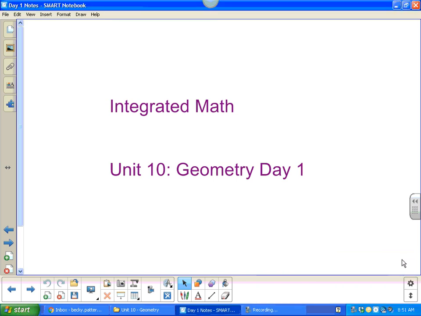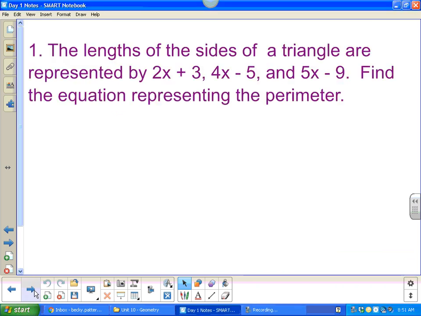So this lesson is on geometry. Okay, so the first one says the lengths of the sides of a triangle are represented by 2x plus 3, 4x minus 5, and 5x minus 9. Find the equation representing the perimeter. So find the equation means I'm not solving for anything. I just want an equation that represents